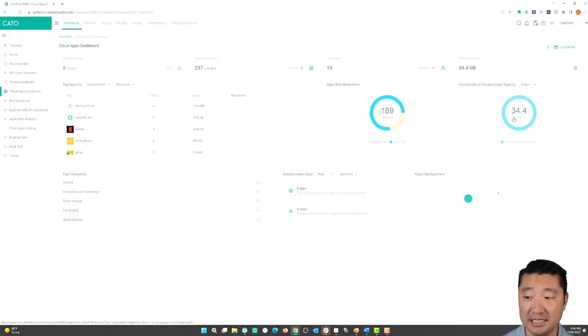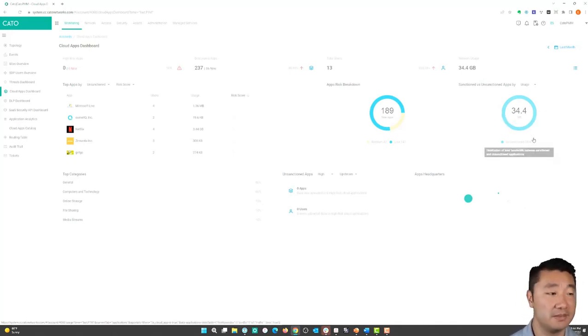And then you can see sanctioned versus unsanctioned apps. Now, in the Cato Management application, you can tag apps as sanctioned or unsanctioned, which really makes it easier for your management capabilities as far as how you identify and look at these apps, as well as how they're displayed here in this console. And then you can see a risk breakdown, right? So we have 147 apps that are low risk, 42 medium risk, and then these are our top unsanctioned apps